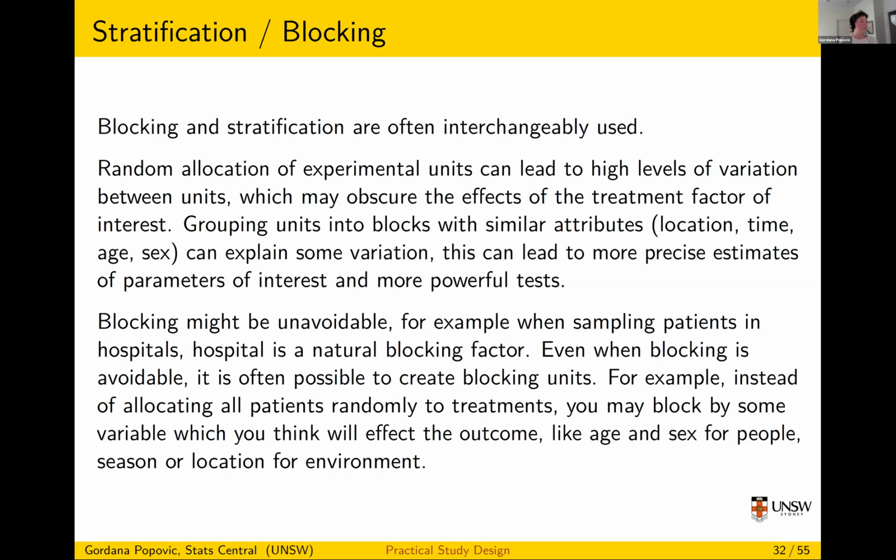How does blocking relate to wanting independence of observations? As long as you're randomly allocating at some level, the observations won't be independent, but you're going to take into account the dependence later on in your analysis. So if you have a blocking variable, you then use that in your analysis. Sorry, that was answering the question, how does blocking relate to wanting independence?